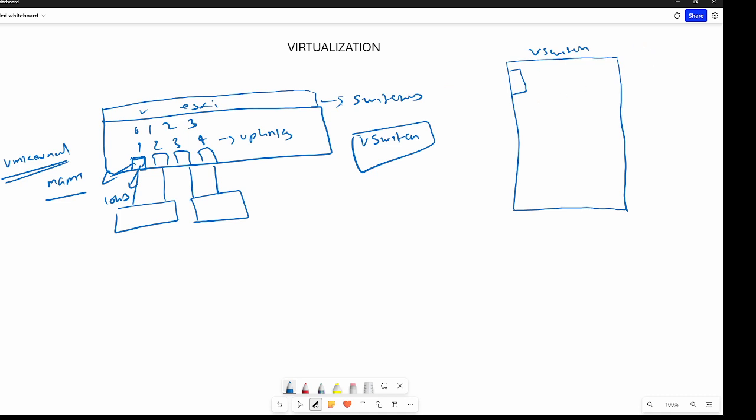A port group is nothing but a group of ports. In a switch, you have ports, right? So one group is known as a port group. By default, there will be a port group created for you. This one will be used for management, that is the VM kernel port group.